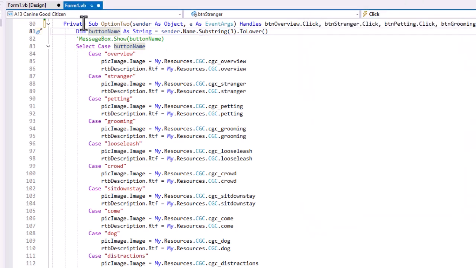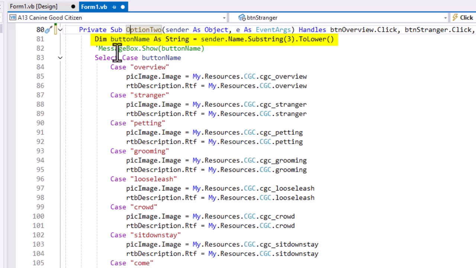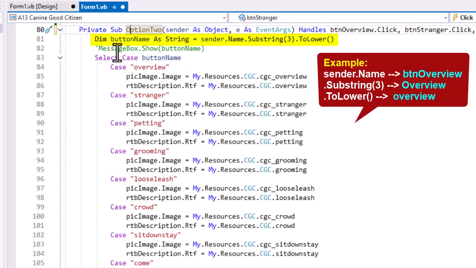So private sub option 2, we've got sender as object, e as event args, handling all of those button clicks. And then here's my code. I'm going to dim button name as a string variable equals sender.name. I'm going to get the name of the button,